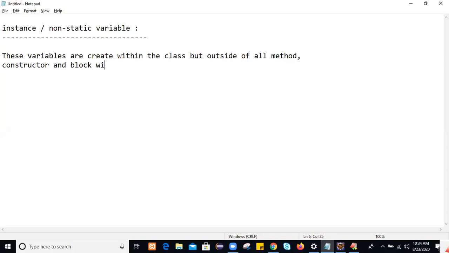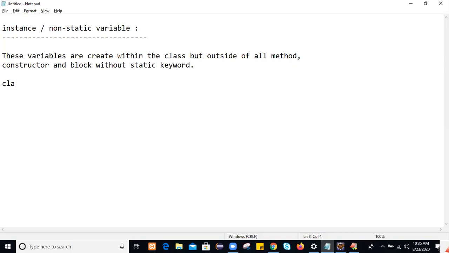We are not going to use any keyword here, like the static keyword. If you use the static keyword in front of that variable, then that variable will be treated as a static variable.